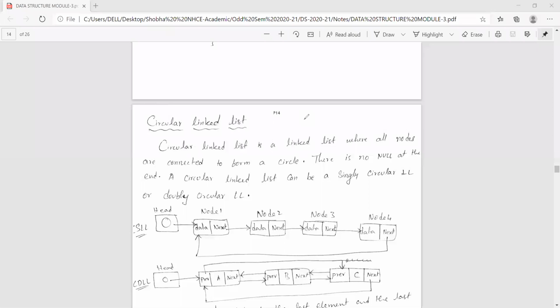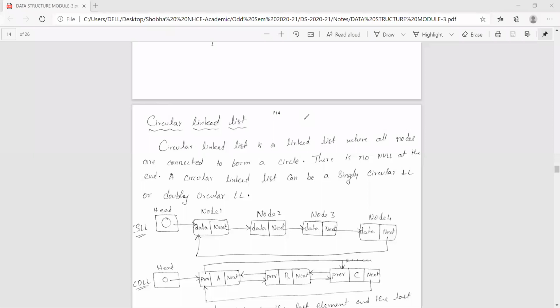Please make a note. Sagar, are you there? Put this in your group, or other WhatsApp groups if you have: implementation of stacks and queues using linked list. You have to write the code with a neat explanation of how it is happening, and a screenshot of the output, whether you are using Turbo C or an online compiler.